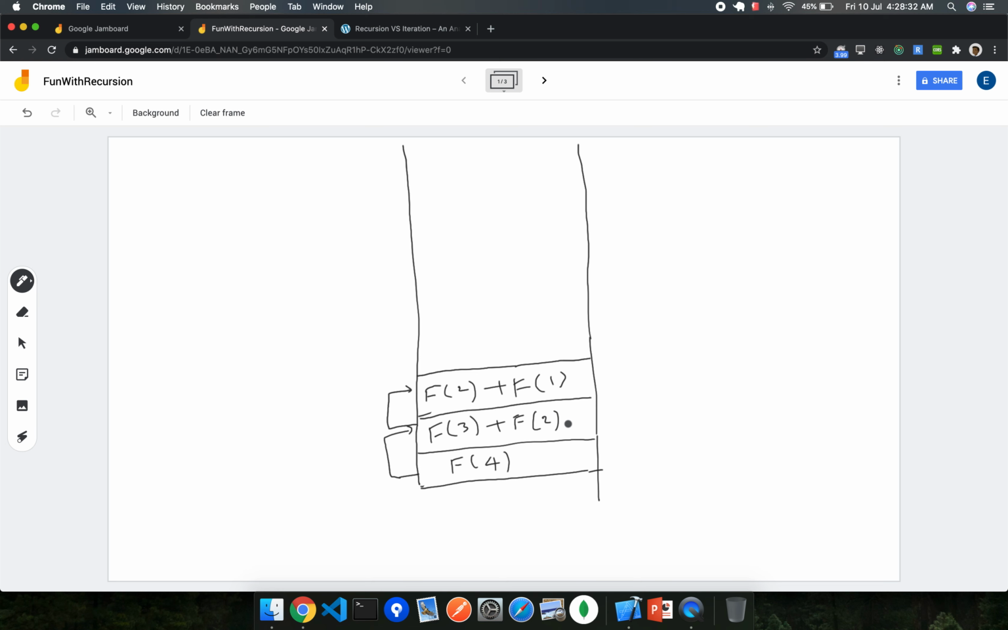For this fib of 2, again it will invoke one more time, correct, which is fib of 2 minus 1, that is 1, plus fib of 2 minus 2, that is 0. Similarly, for this fib of 2, one more call will happen,